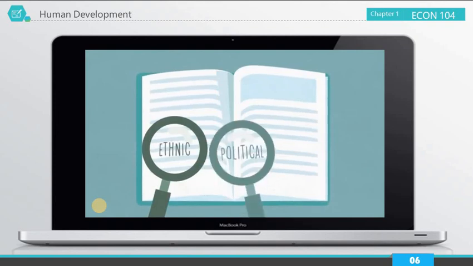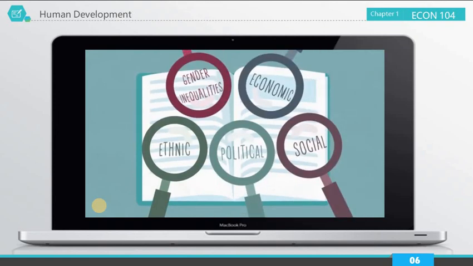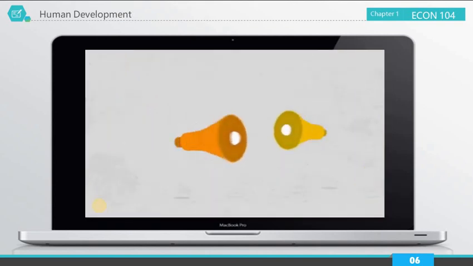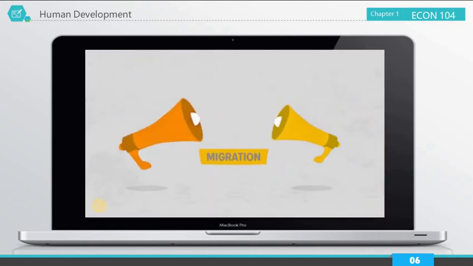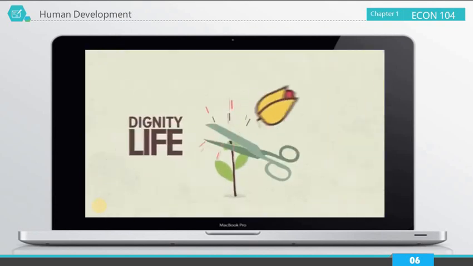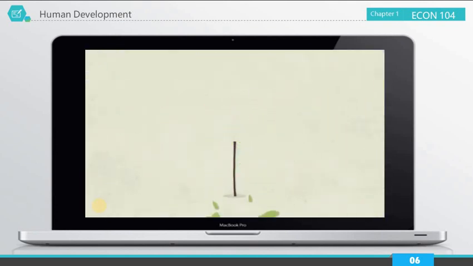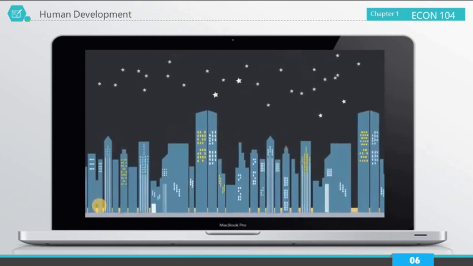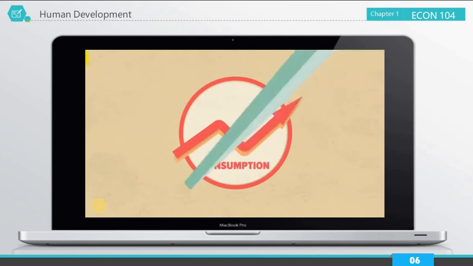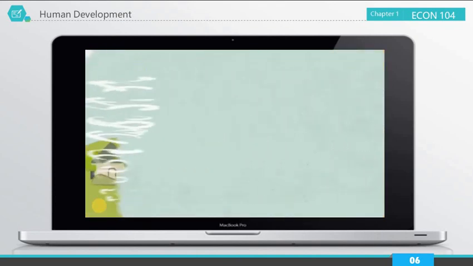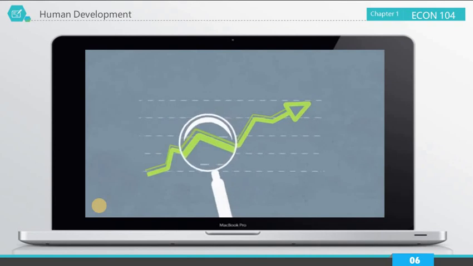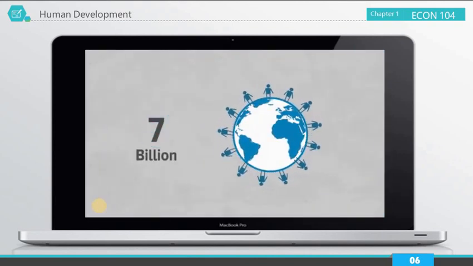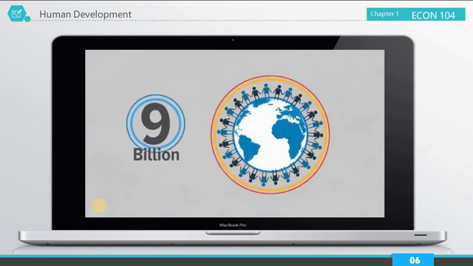The ethnical, political, social, economic, and gender inequalities are some of the barriers for sustainable human development. They are the source of conflicts, aggression, and other problems that disable a dignified life and have devastating long-term consequences. Sustainability is a crucial aspect considering the growth of population, which causes higher consumption, which on the other hand damages living environments beyond its capacities. Based on data, with the growth of population in a world with 7 billion people this year, in 2050 the number will be approximately 9 billion.